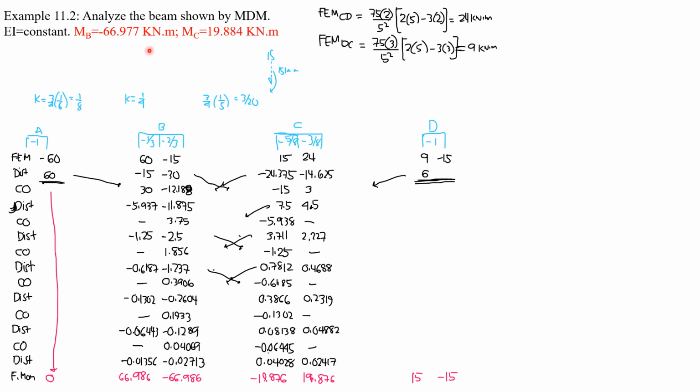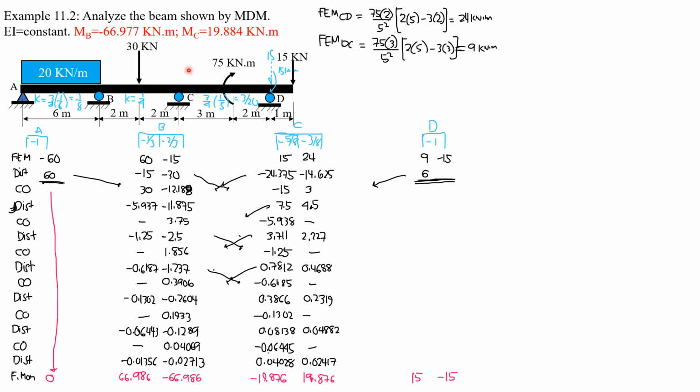Here is another problem on indeterminate beams solved by moment distribution method. This problem was also solved using the preceding methods: least work, double integration or superposition method, or the force method. We'll just verify that the answers, moment at B and moment at C, are the same by this approach, the moment distribution method. So here is the problem. Analyze the beam shown by moment distribution method.